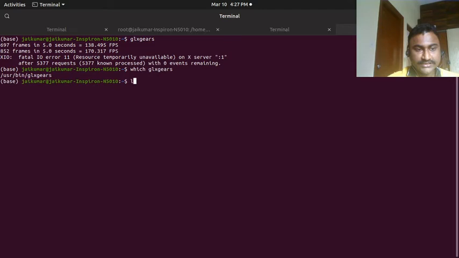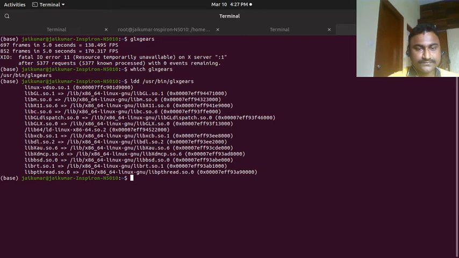You can just check ldd /usr/bin/glxgears. See here it is using this list of libraries, especially it is using libGL, the graphics library.